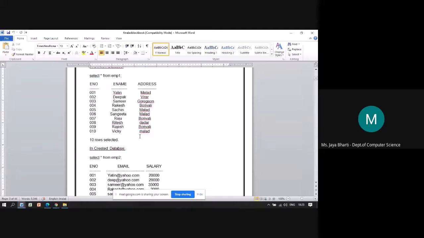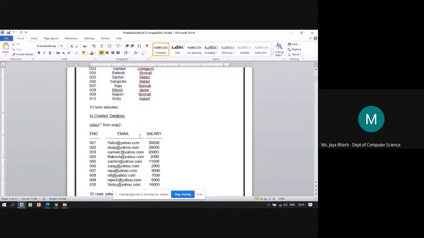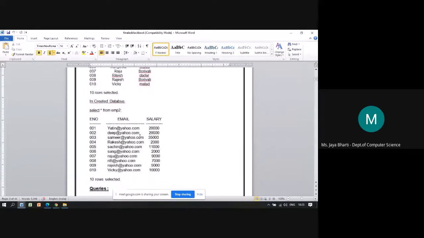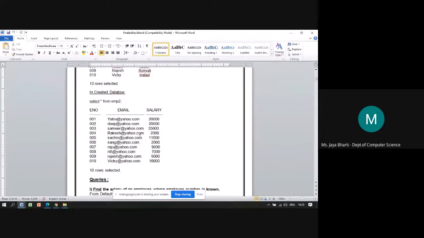Same for the created database. Just to check, it is created. The fragment, select star from employee 2. Employee 2 is the name of that fragment, that table which we had given. So yes, employee number, email, and salary. These 3 columns are there in that fragment. So 10 rows selected. That means fragmentation is done properly.